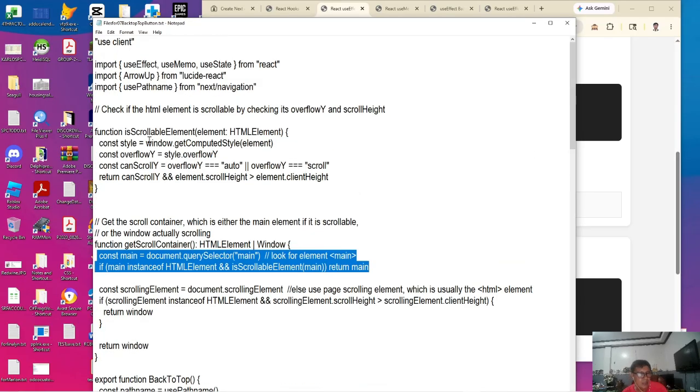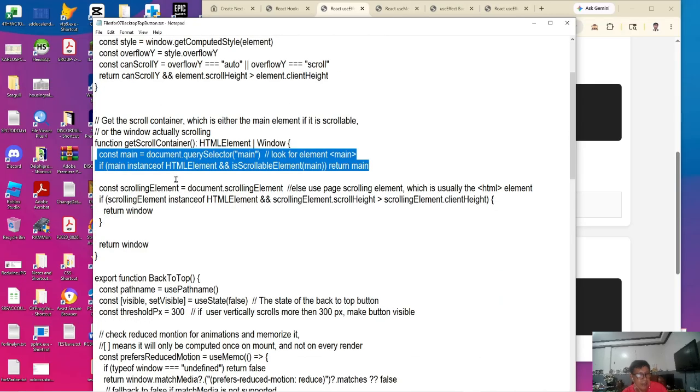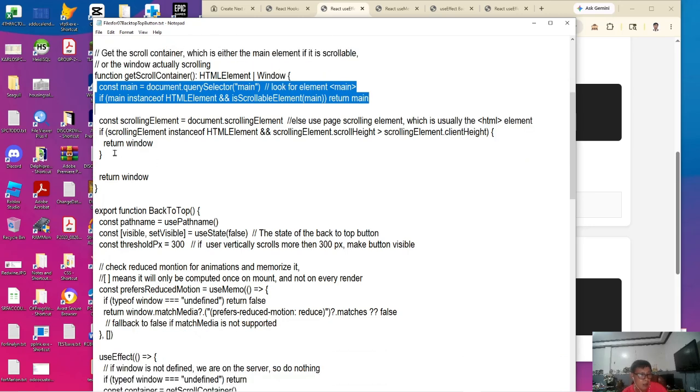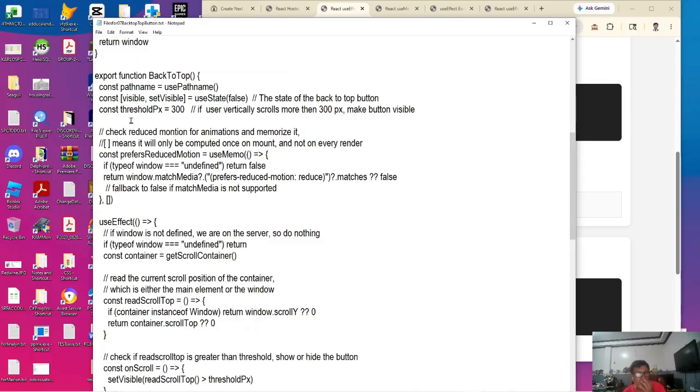So take note, scrollable element checks if the element is scrollable, and then get the scroll container finds which element is scrolling, and then here's our function BackToTop. We use the usePathname hook to store the current path, and then this is the trick to make the button visible.